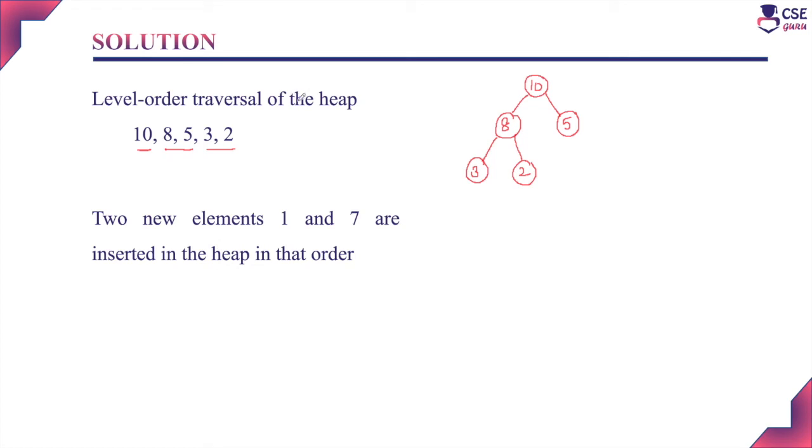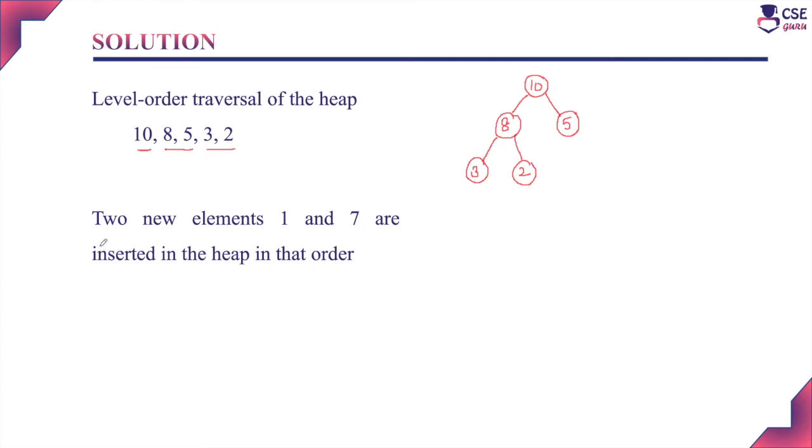And also in the question they have specified this is a max heap data structure and we have to check whether it is satisfying the max heap property. So the child nodes are 8 and 5 and the root node is 10, so 10 is the largest element, and one complete subtree is there, and we will check the max heap property here. So child nodes are 3 and 2 and root node is 8. So the complete heap is satisfying the max heap property.